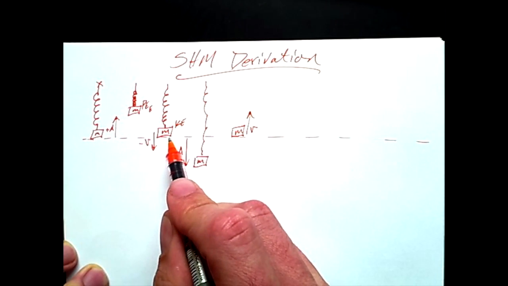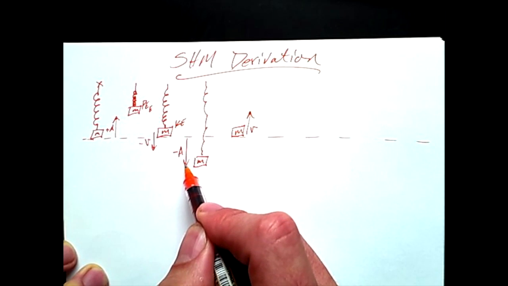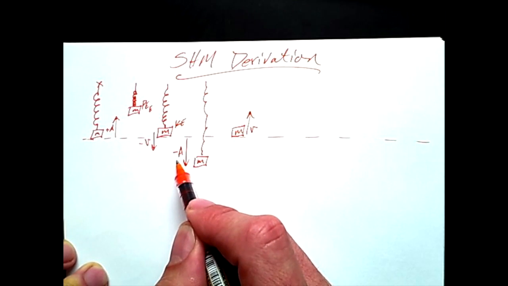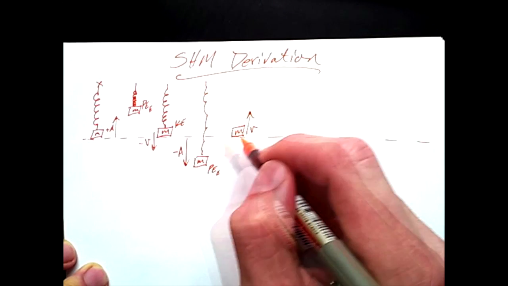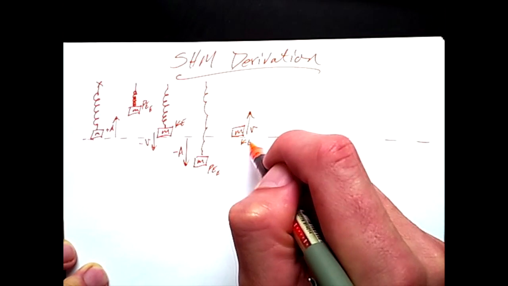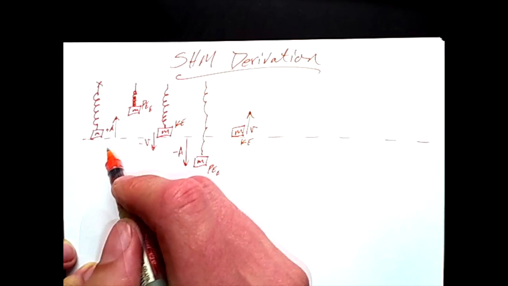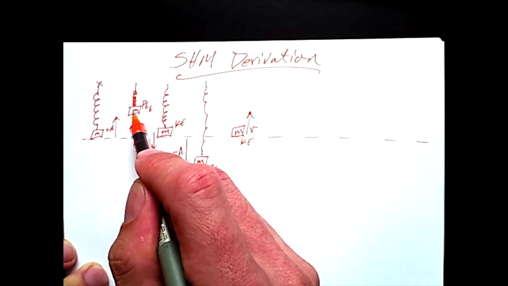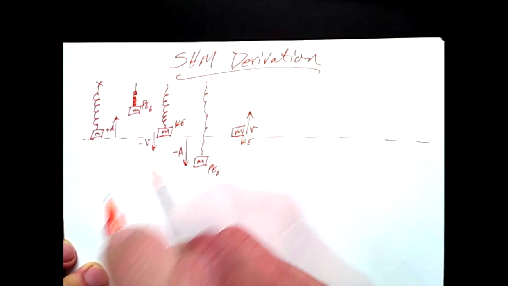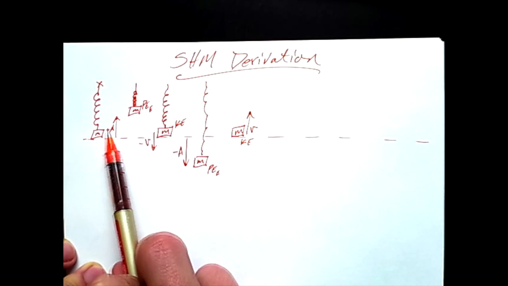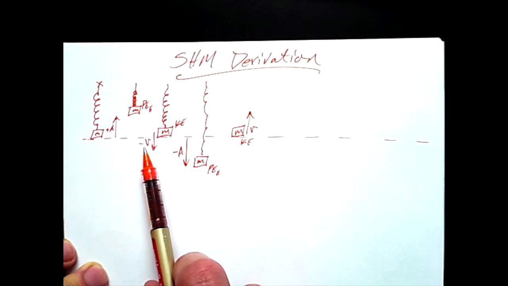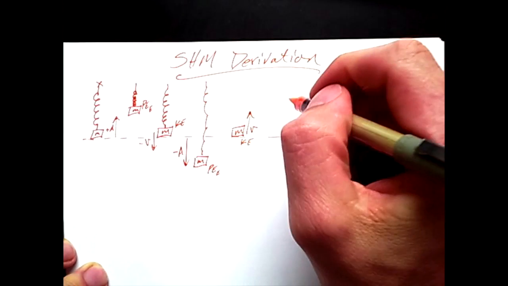As the kinetic energy decays and it reaches its lowest possible point at negative A, we end up with potential energy. This repeats over time to kinetic energy and then back to the beginning. Once the kinetic energy carries it back up vertically, it has potential energy, and this whole pattern repeats. It's important to note that even though we have a positive A and a negative V and a positive V, at the ends,